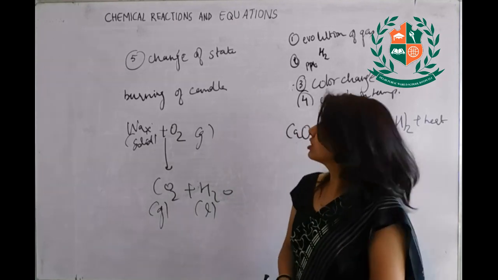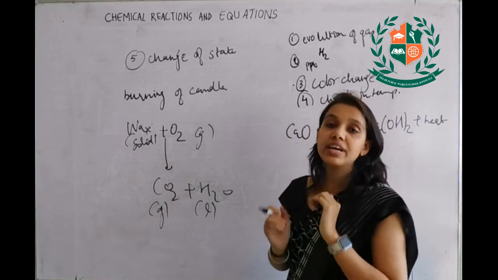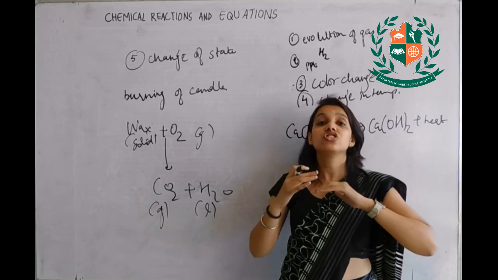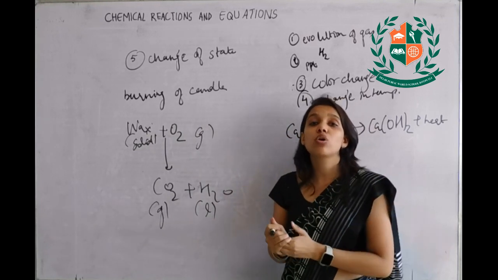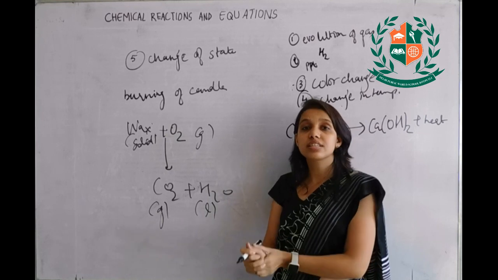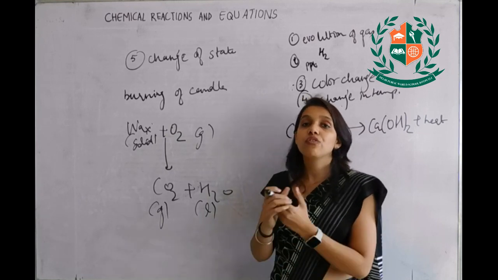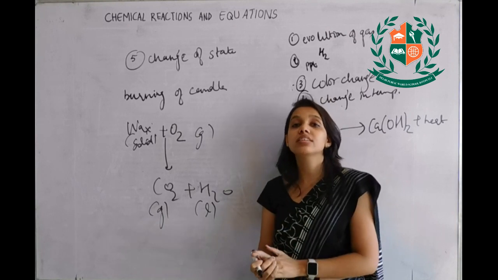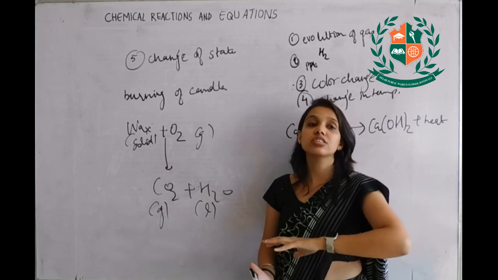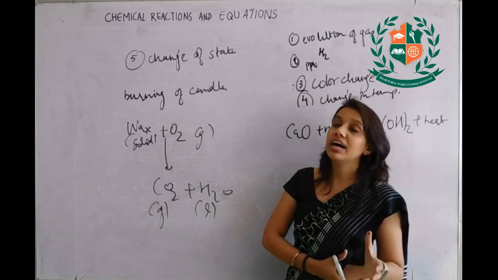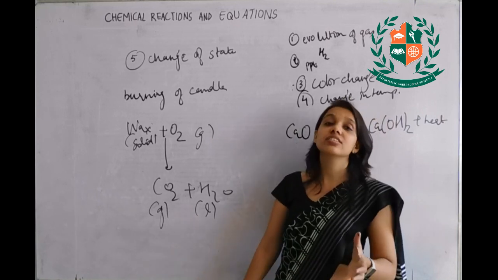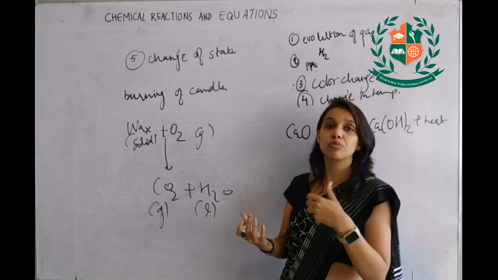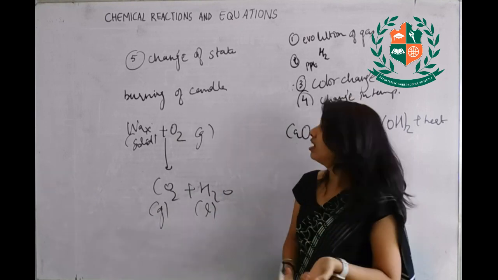So in conclusion, what is a chemical reaction? A chemical reaction is generally where non-reversible or irreversible changes take place. In physical changes, if we reverse the conditions, we can get our reactant back, but in chemical reactions, just by reversing the conditions, we cannot simply get our reactants back.